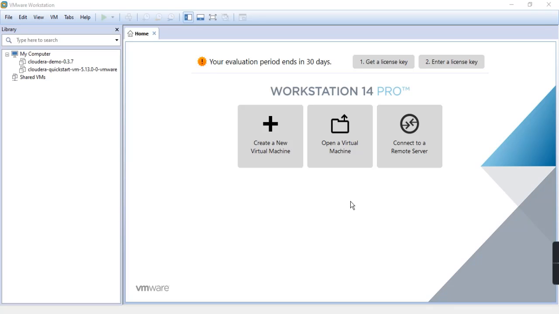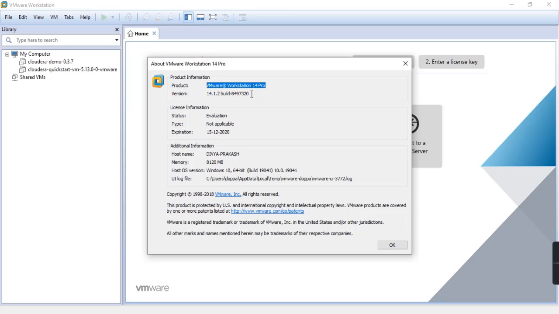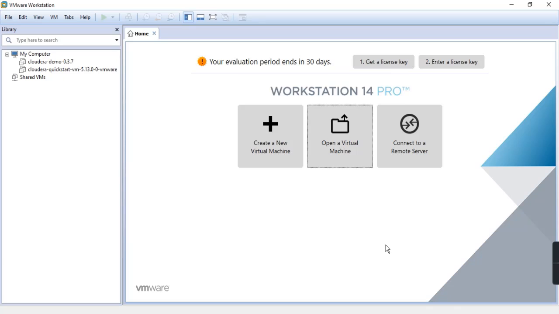So I'm using Workstation 14 Pro over here, which is a trial version. If you can get a cracked version of it, you can use it. Or if you have any kind of VMware workstation or any players, you can even use that. So here you can see the version which I am using as of now. This is a trial version for 30 days, and I'm taking a Cloudera QuickStart VM of 5.13